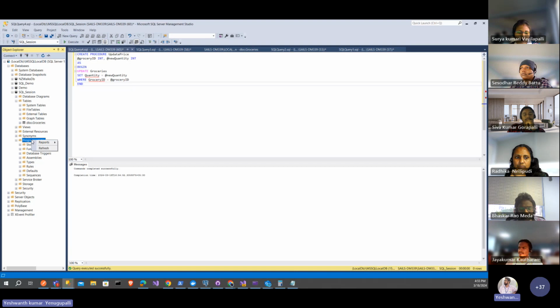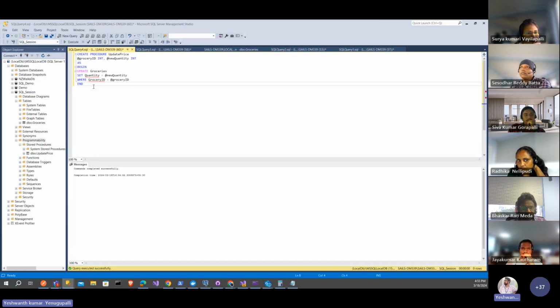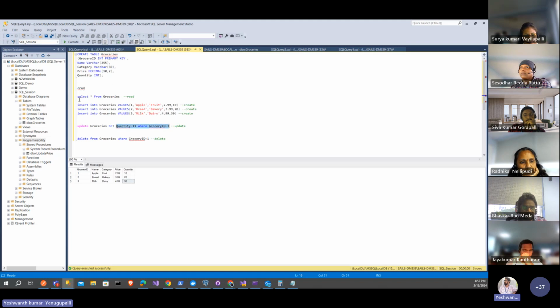We can see the store procs that we have created in our programmability under the store proc, and an update price store proc is created here. So now, as I have said, we are going to simplify things by writing a store proc. So now I would like to update the quantity of apples. Quantity is around 10. Now I got a new load and 90 more apples got added here. So I'm going to update this to 100,